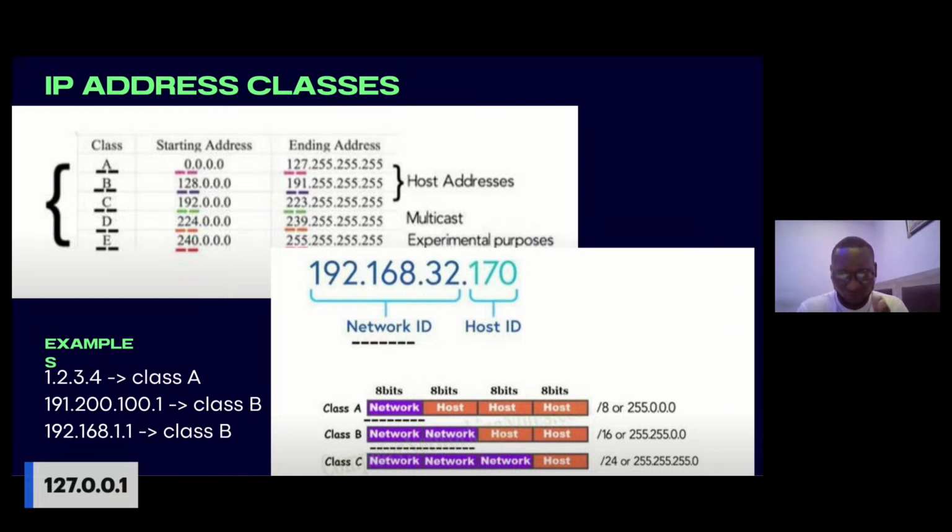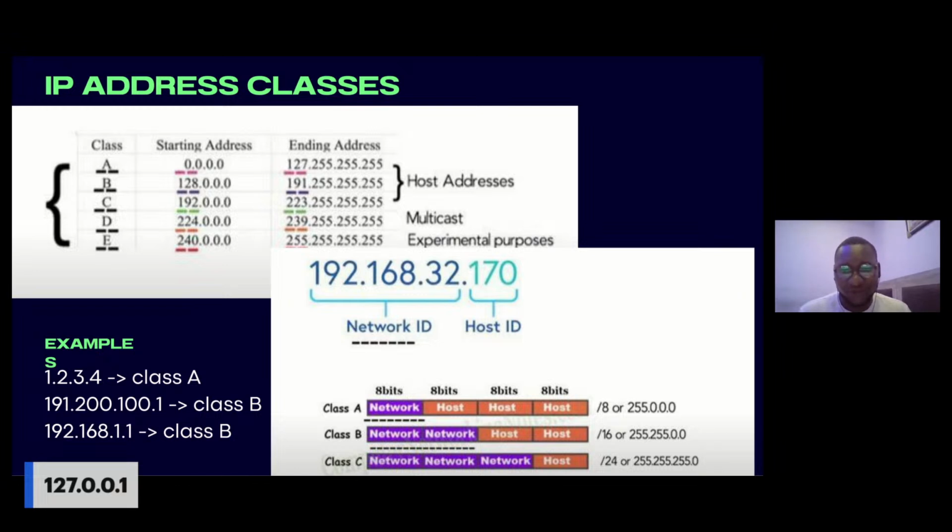So let's go back to the diagram on the lower right corner. It's telling you that the first three octets, 192.168.32, represent the network ID, while the last octet stands for the host ID.